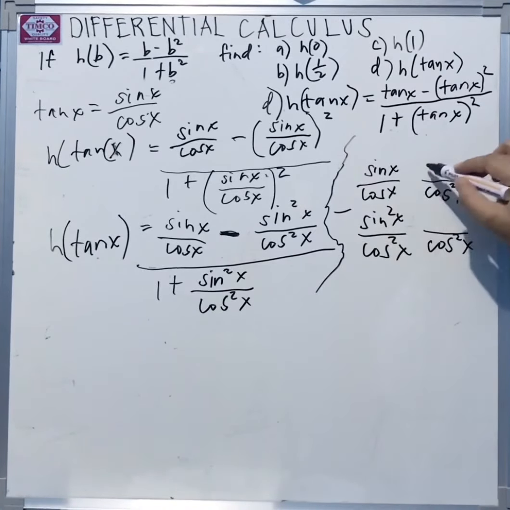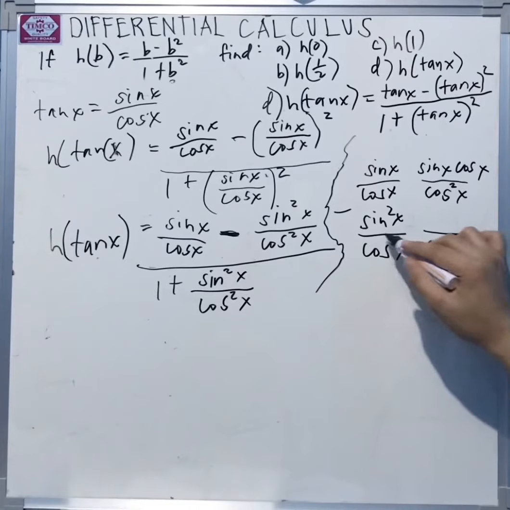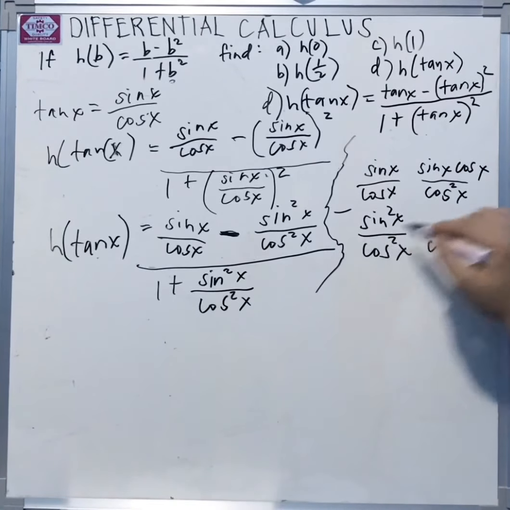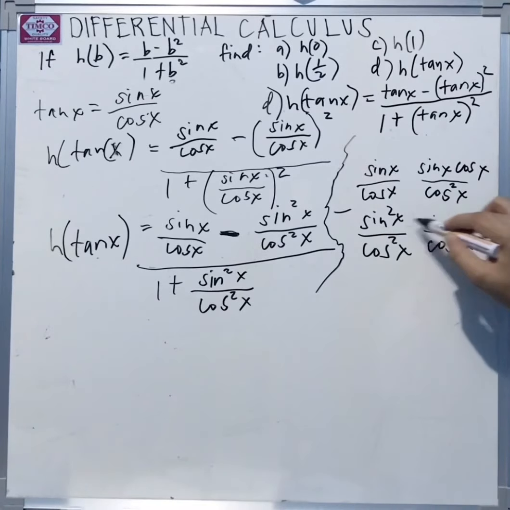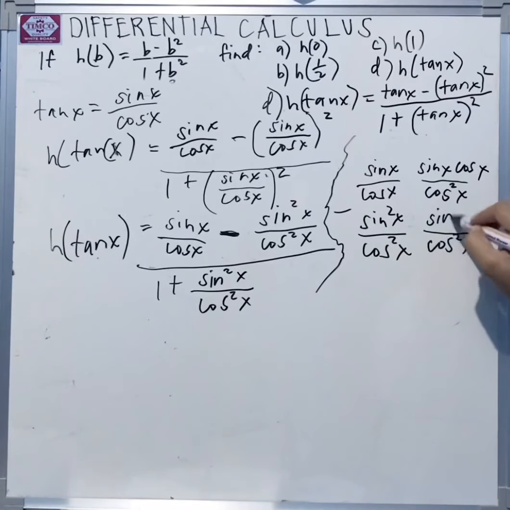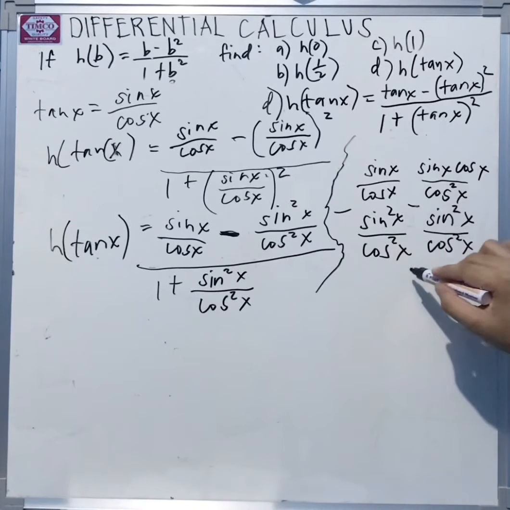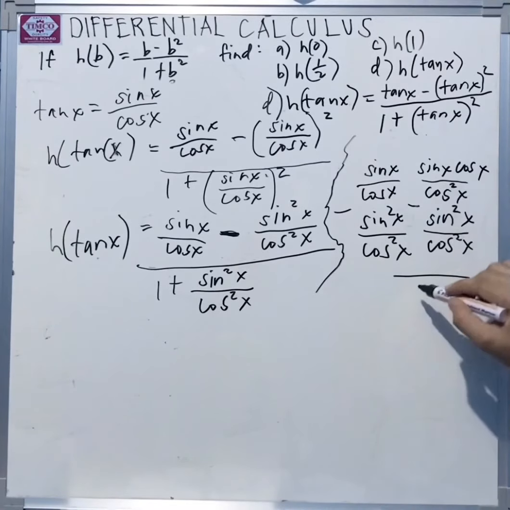So we have sin x cosine x, di ba? So next is cosine squared x divided by cosine squared x, same lang, di ba? Times sin squared x is sin squared x. So gamitin na natin yung subtraction. So equal siya sa sin x cosine x,